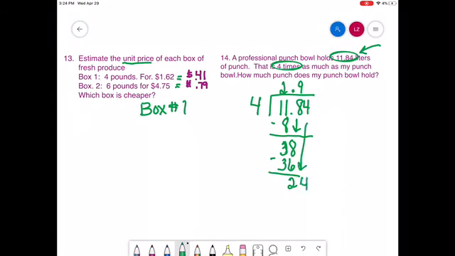Bring down the 4. 4 goes into 24 6 times. 6 times 4 is 24. 0 is less than 4. There's nothing left to bring down. There's no remainder. So we know that our answer is 2